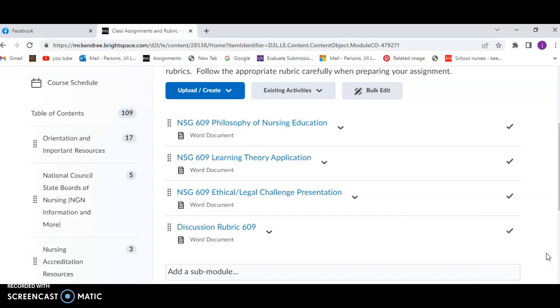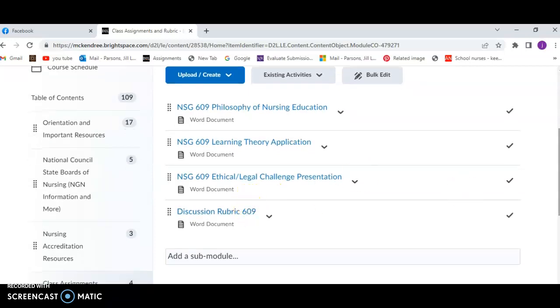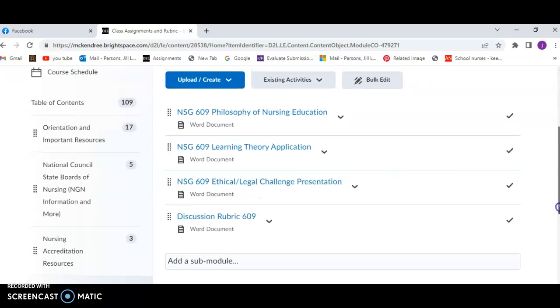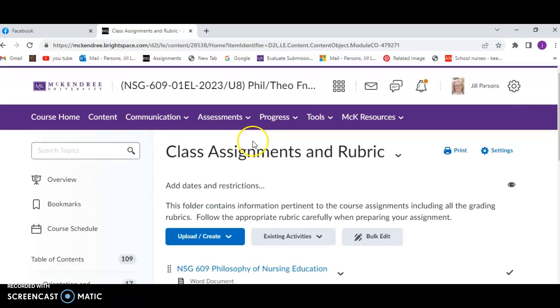There are guidelines for each assignment as well as a rubric. So please take some time to look at those guidelines and to review the rubrics and to reach out if you have questions. Within this tab, I have also included the discussion rubric for the different discussion threads that we will have within this course. When we move back home,